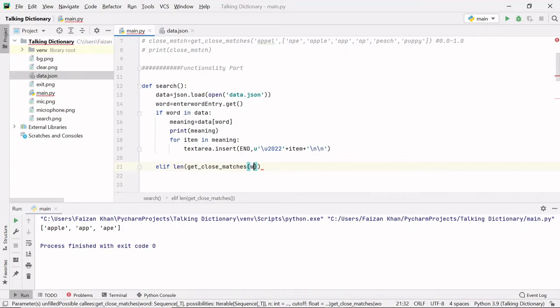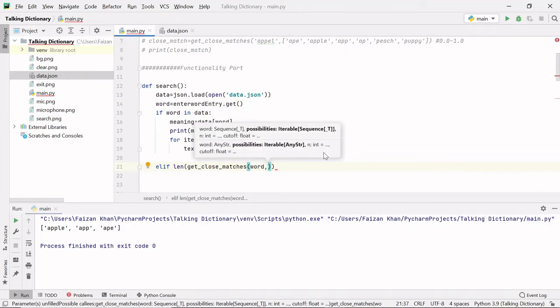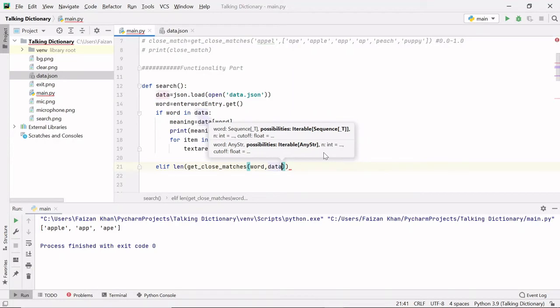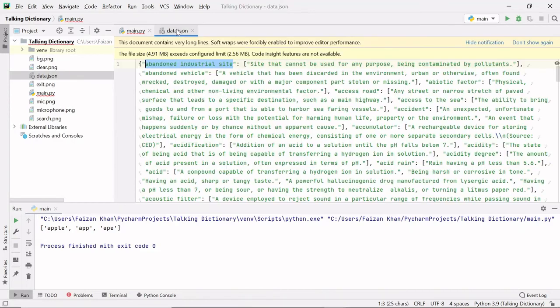Here what we will pass is simply this word, and I will check if this word, or a similar word, is present inside data.keys. What is this data.keys? As I told you, inside this data.json all these words are basically the keys.